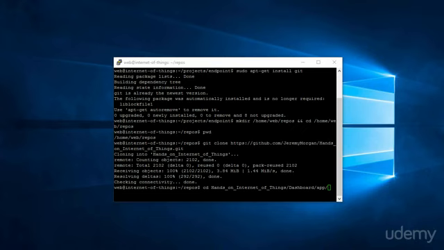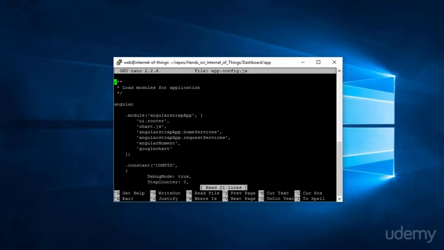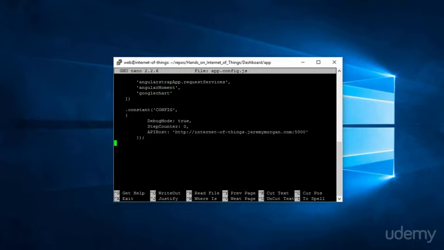Then /dashboard/app. Now in here we're going to want to make a small edit to app.config.js. And we want to scroll down to the constants area. And the only thing you're going to want to change here is the API host. I have it set here to